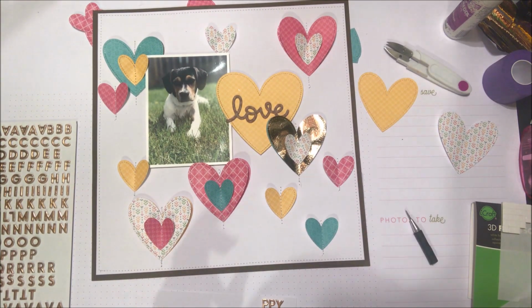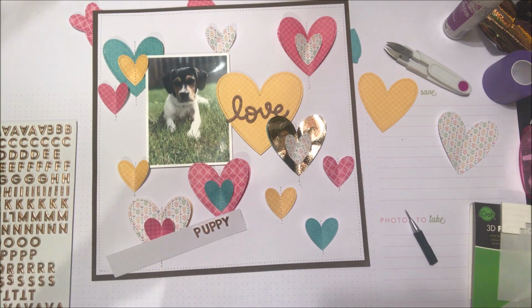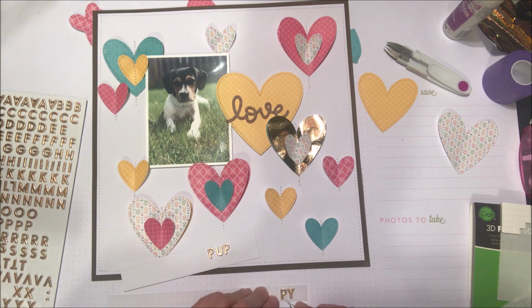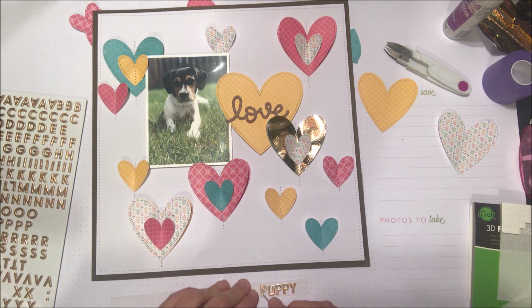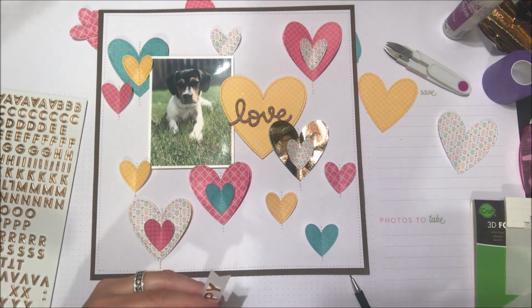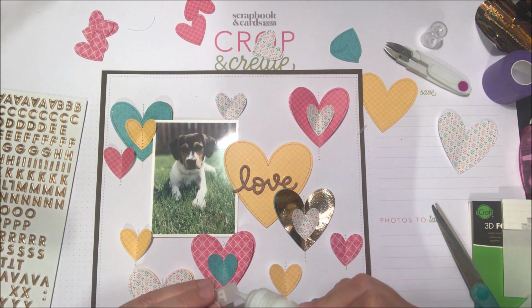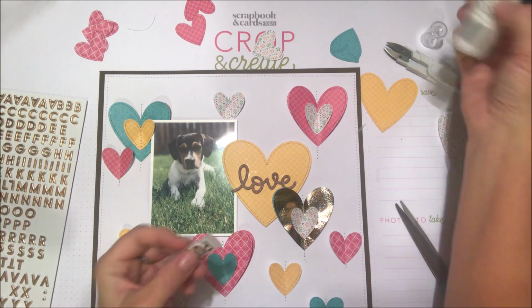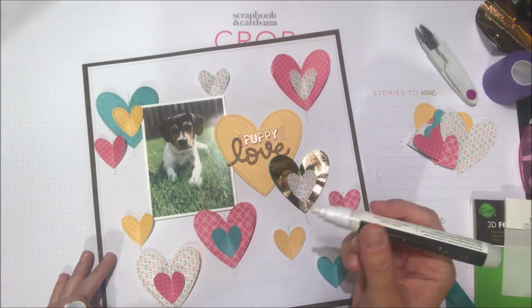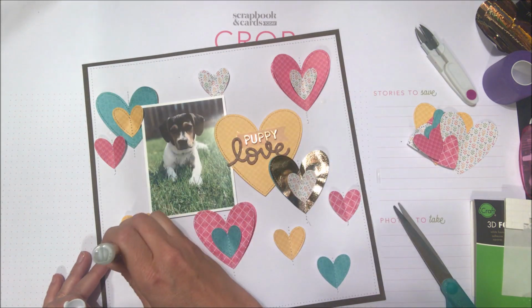And I realized very quickly that my puppy wasn't going to fit nice and neat in a row along the edge of that love word. So I did use some cardstock here, and I'm just going to make a little vellum pennant. This is also vellum from Lawn Fawn, and I'm just going to tuck that along the top edge. And the mixed media adhesive is really good to stick that down too. So if you add just a tiny little bit to the edge of that vellum, you'll see that it holds